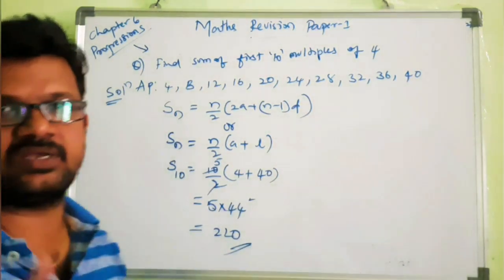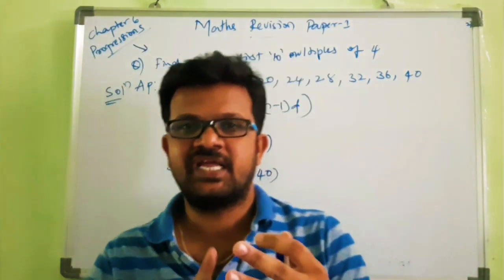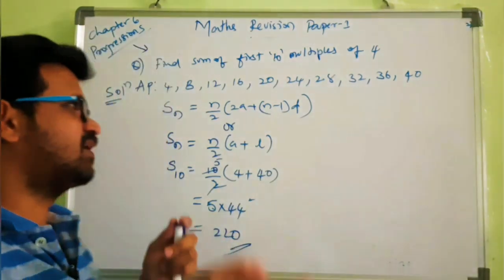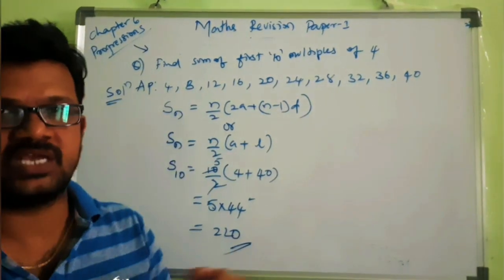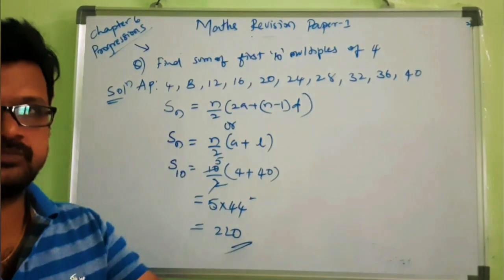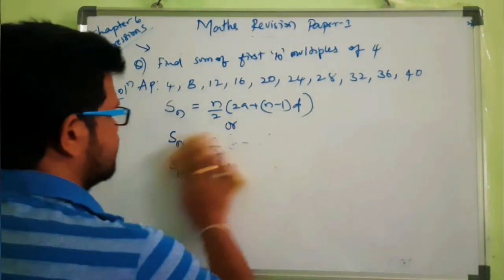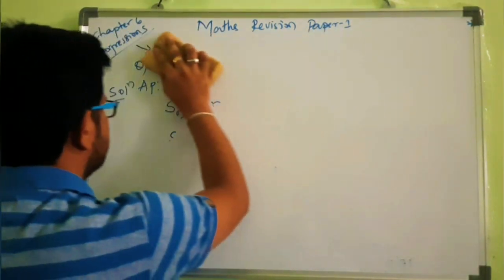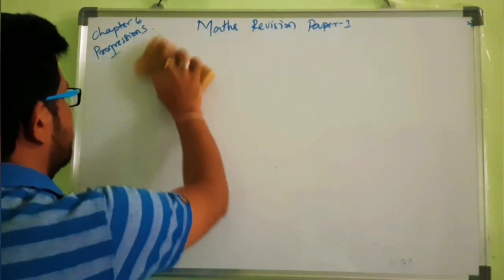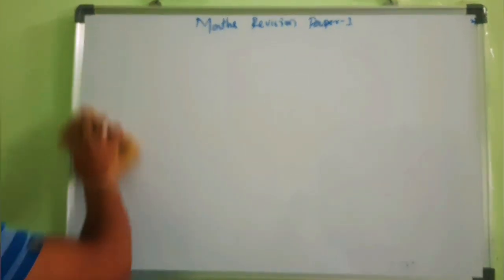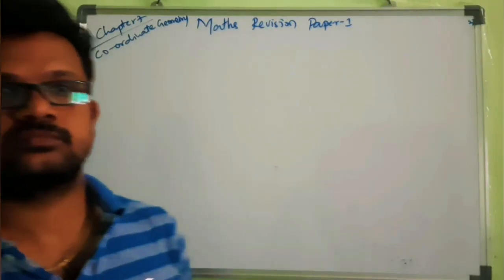So in this chapter we have only 3 formulae: nth term in AP and nth term in GP, and sum of the n terms in AP. We don't have sum of the n terms in GP. Okay. So note down this. You have to practice all the sums. Okay. And practice previous papers also. Right. Let us move to next chapter.